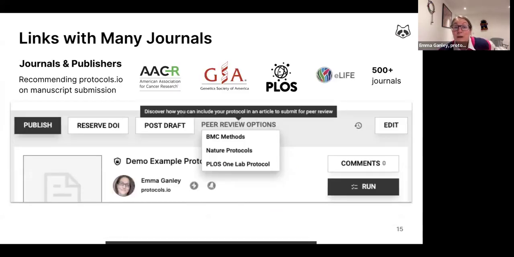We have links with many journals, so there are well over 500 journals and publishers who say, yes, please do put comprehensive methods details in protocols.io and link to them from your manuscripts that you're submitting to us. That's just a general thing you can do. And we start to have closer links with some other publishers. We were actually acquired by Springer Nature last year. So we have added recently BMC Methods here and Nature Protocols, but we've had a long time